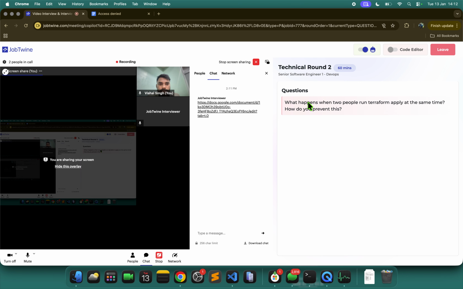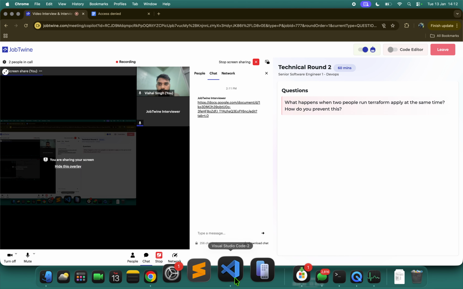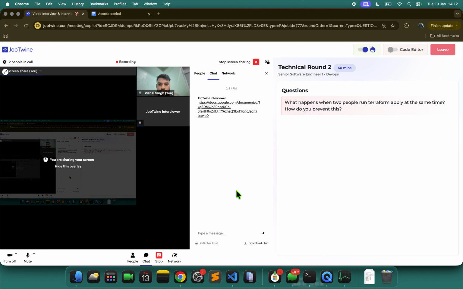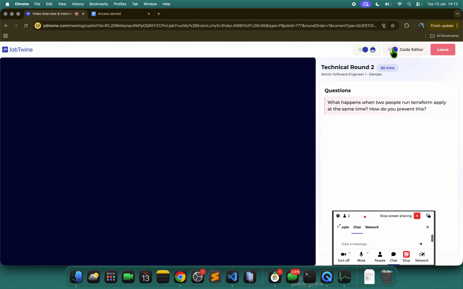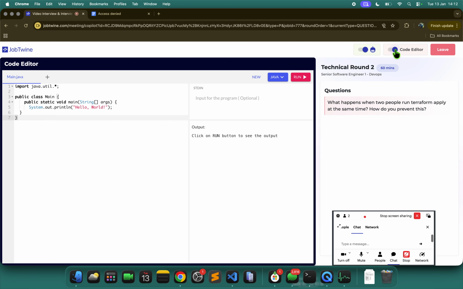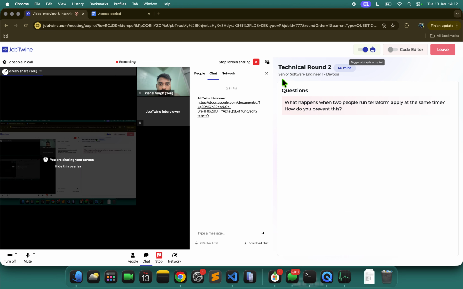Also, you can open any editor, either online or on your system, to write some code, Python or Bash. We will not actually be executing the code. Can I use this code editor? Will this code editor work here?